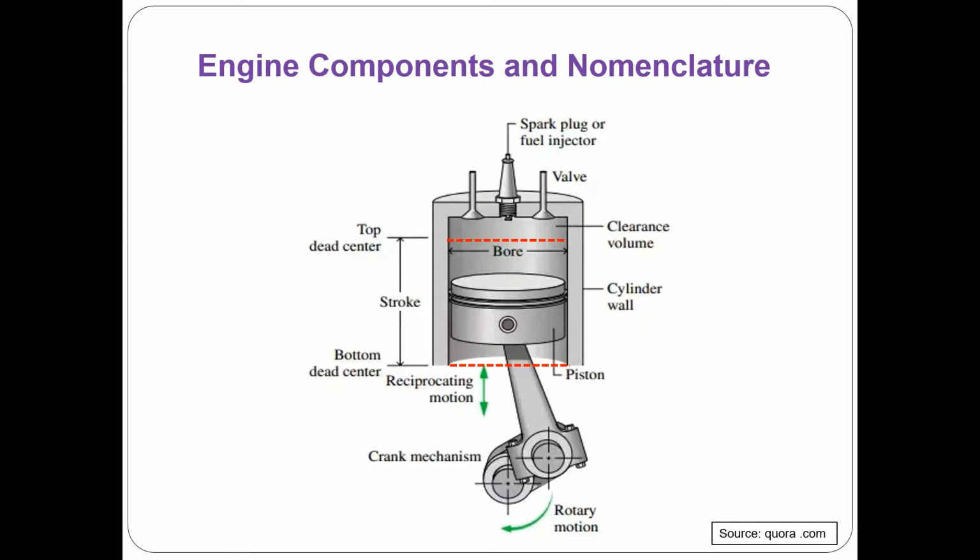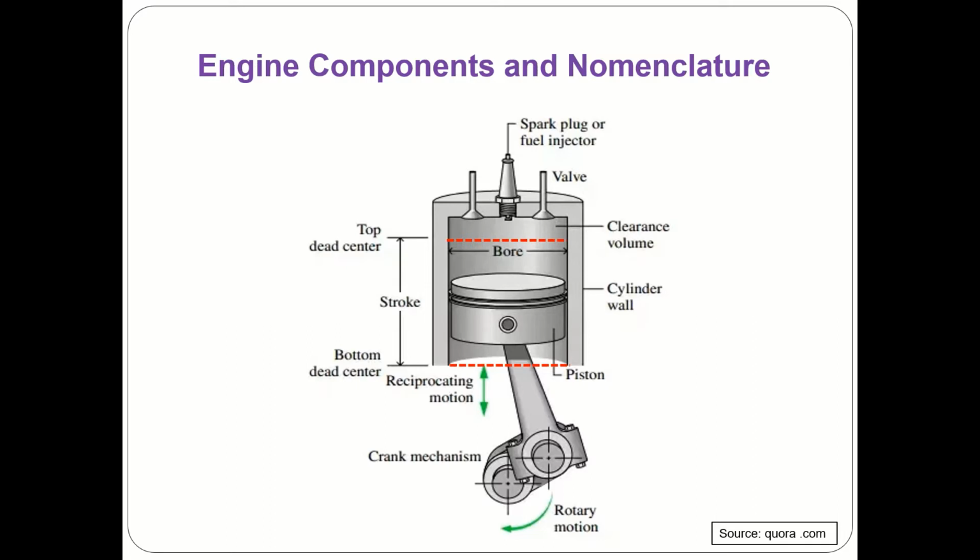So this is an important term which is used in the analysis of engines. Higher the compression ratio, higher will be the power output. But there are some limitations to the compression ratio in case of SI engines. But anyways, you can remember that the compression ratio is the total volume by the clearance volume.